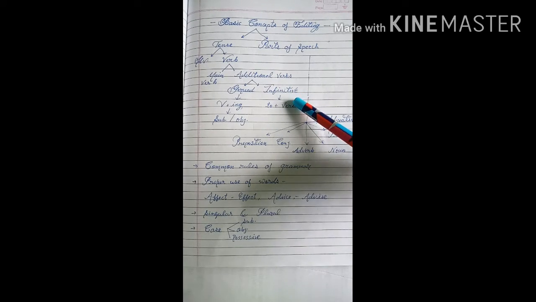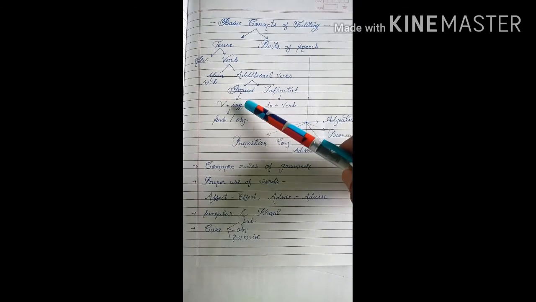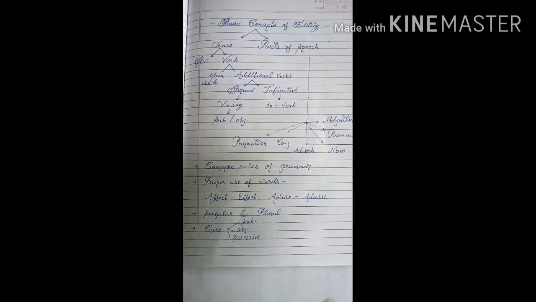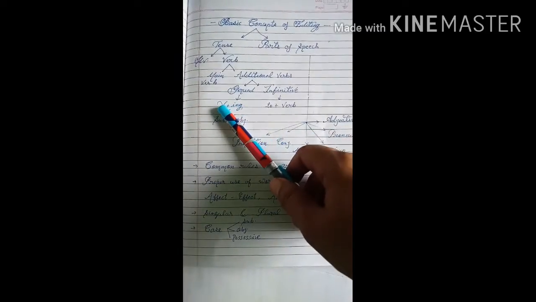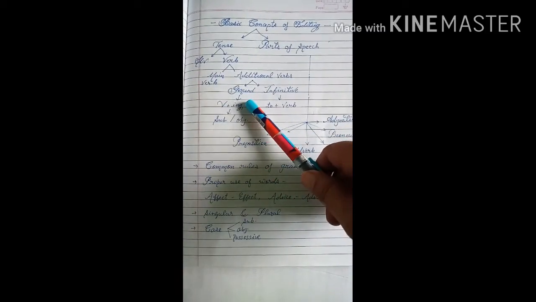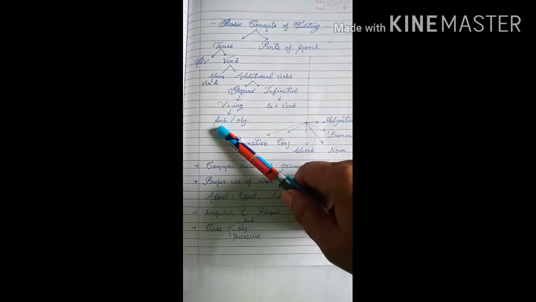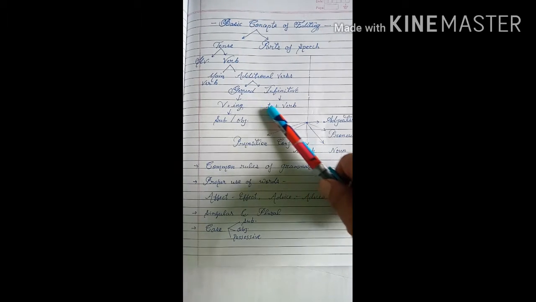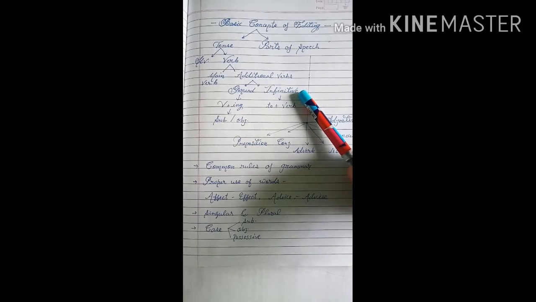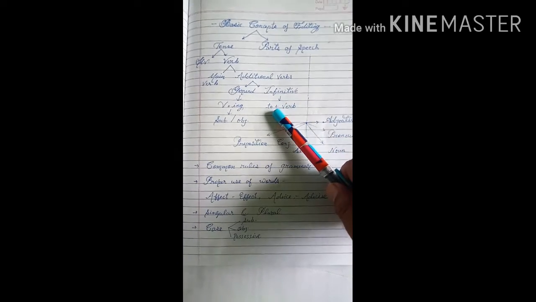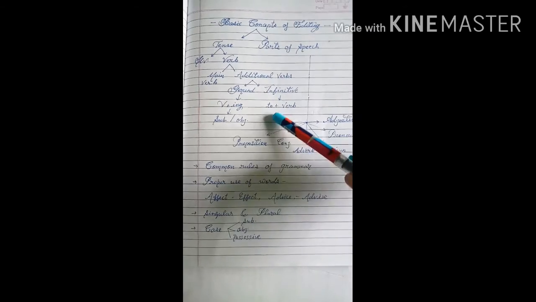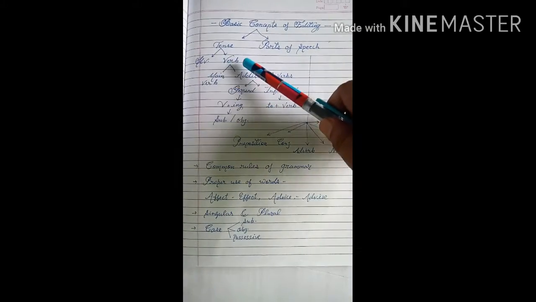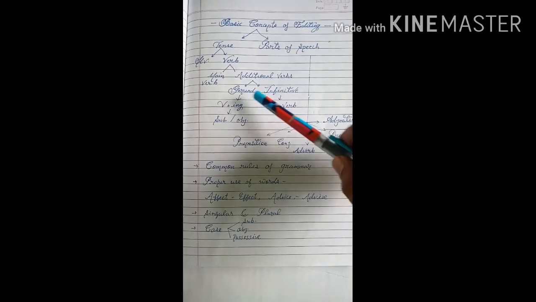Now the question is, what is gerund and what is infinitive? When we add ing to the first form of the verb, that is called the gerund form, but it acts like the subject or the object. Remember this, the main verb is not the gerund. Now the second one is infinitive. When we use to before any verb, that is called infinitive. Okay, so that is about tense, helping verb, verb, gerund and infinitive.